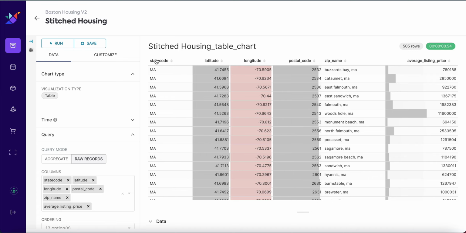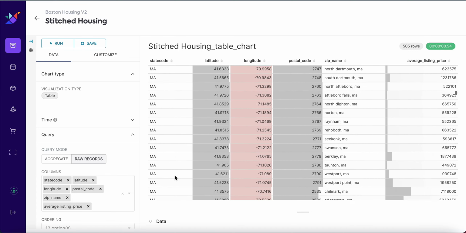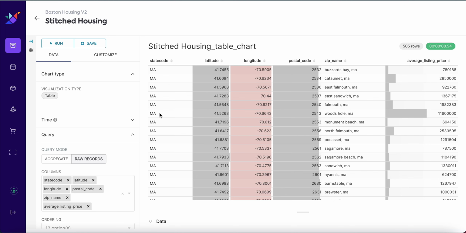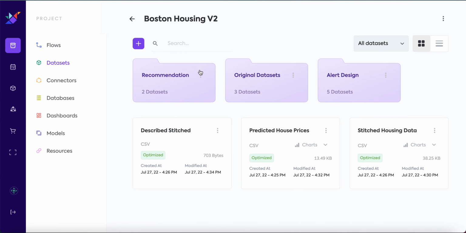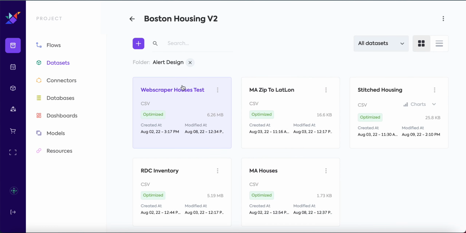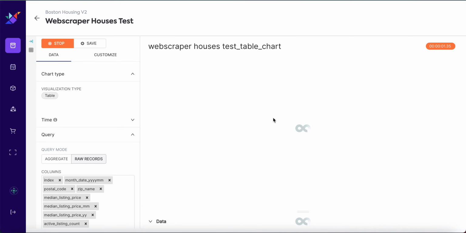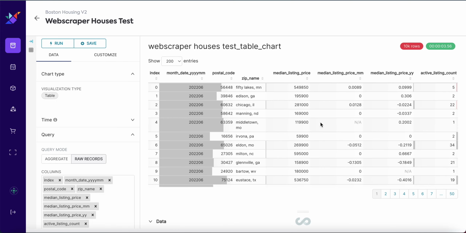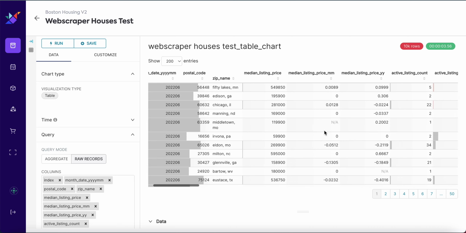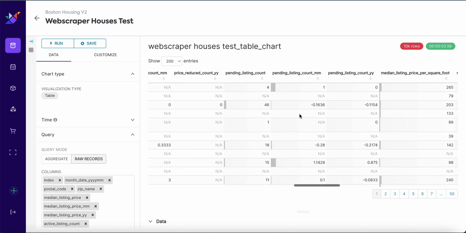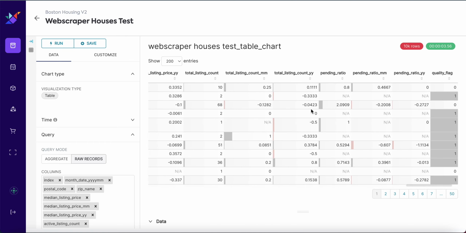and stitched housing looks like this. So we have the state code, which is Massachusetts, since we are looking at only houses in Massachusetts, latitude, longitude, postal code, the zip name, and then the average listing price. For a little bit of reference, our original data from the web scraper looked like this. So similarly, we see the postal code and the zip name. It had a lot of other attributes,